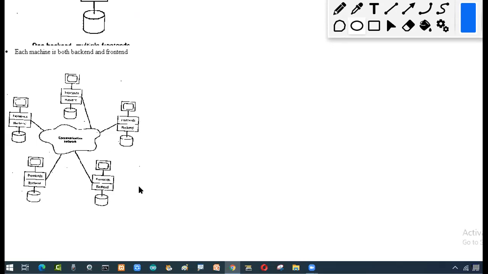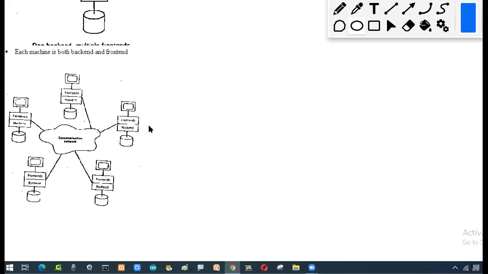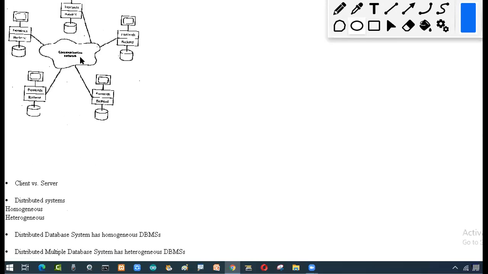Different areas, the people are connecting using the front end and the back end, and they are going to store the data. The data stored is shared with different students or users or end users, whoever is going to use it, via the network. So this is what the final look will be. This has been explained only for one, but finally it will look like this. We call this a client server architecture.